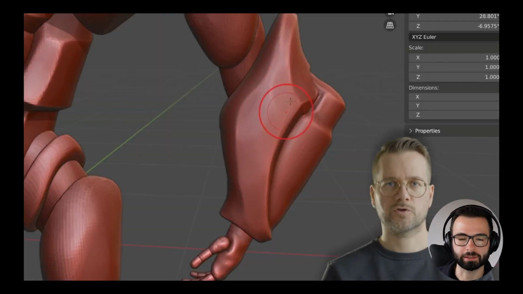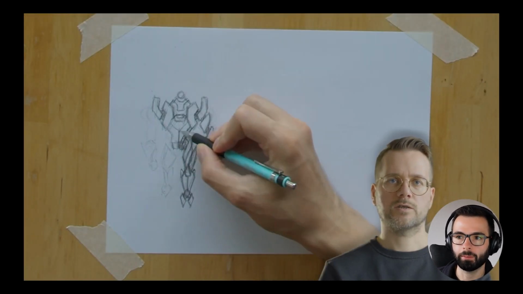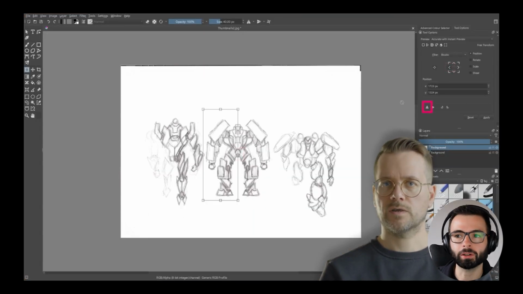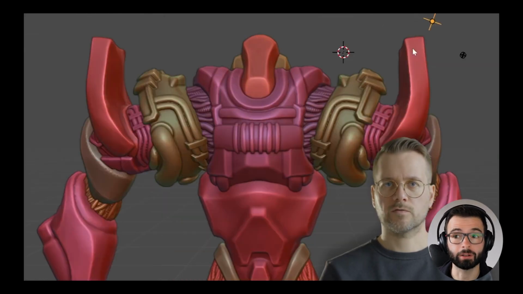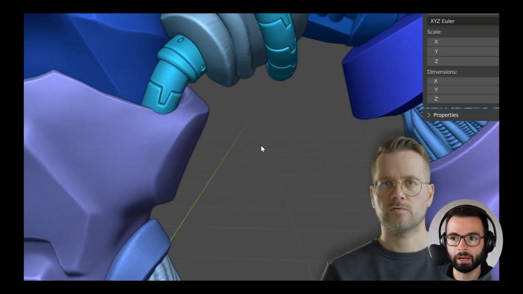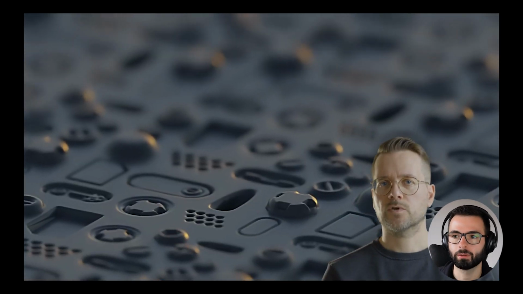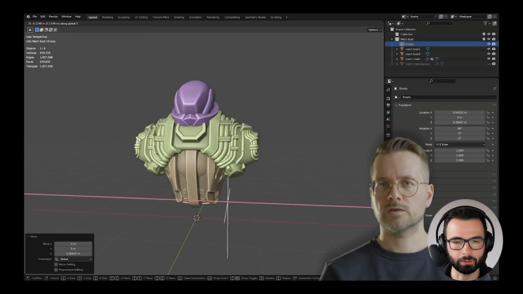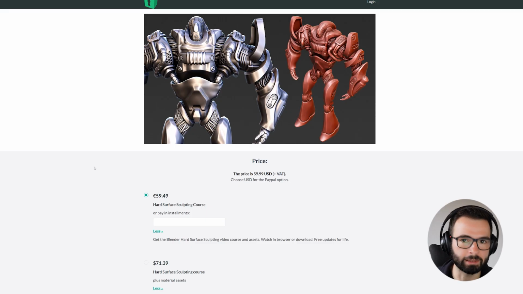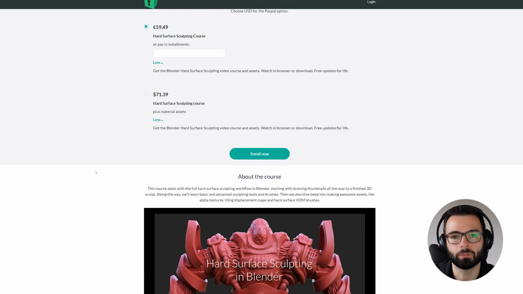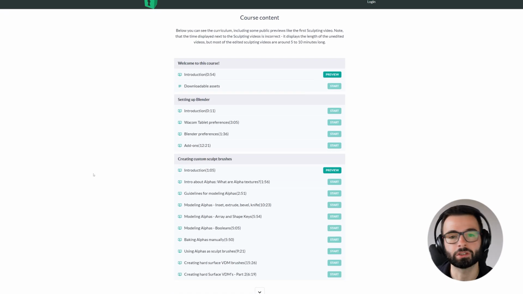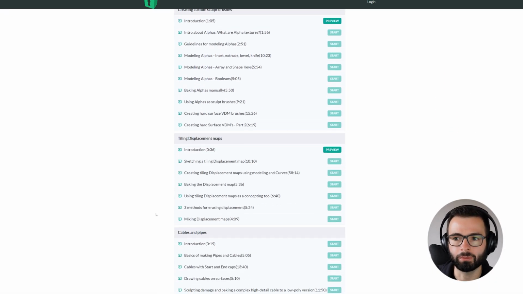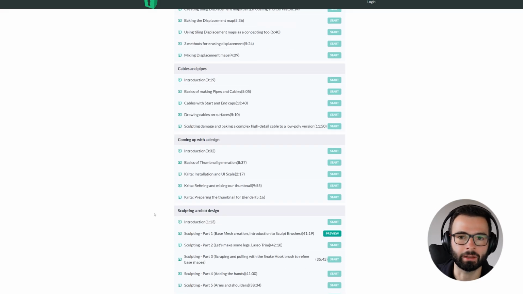We got the hard surface sculpting course from Jan van den Hemel, I hope I pronounced it correctly, Jan, which focuses on hard surface modeling a lot. So you sculpt a robot in this course. It's a great course. I've learned a lot. You learn how to make your own brushes for sculpting. You learn how to make cables for robots. The course starts off with lectures to give the basic introduction and knowledge, and then ends with a follow along sculpting where you build the robot you see in the lecture. Highly recommended. You can stream it. You can also download the videos, which, again, I mentioned earlier, is a huge benefit if this is a requirement for you. I didn't see a community forum or Discord, but you can ask questions directly underneath the video, so it's fine.